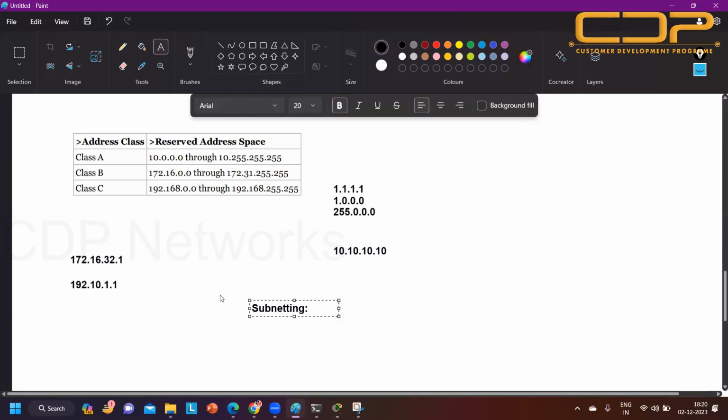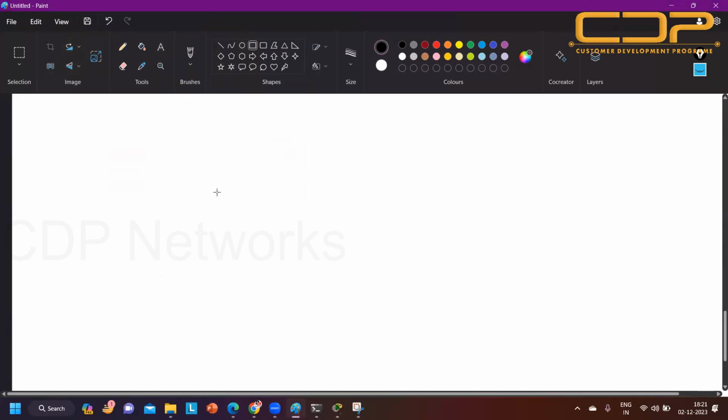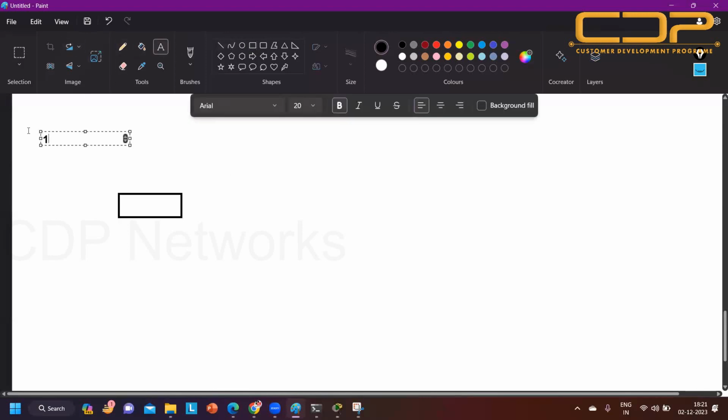Before understanding the requirement of subnetting, why we need subnetting. See, I need to design one network. Let's say I am a network engineer in a company. My manager told me to design one network for 50 people. I need to connect 50 computers together. My requirement is how many IP addresses? 50 IP addresses. And my manager gave me this network ID